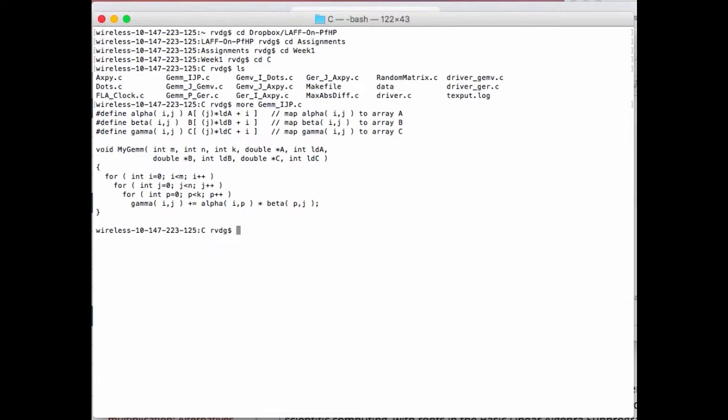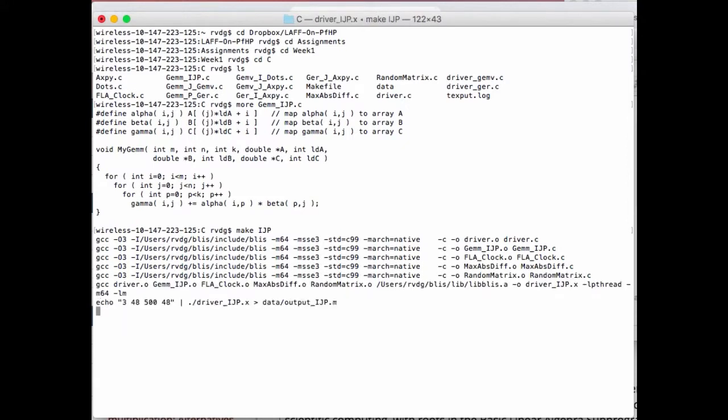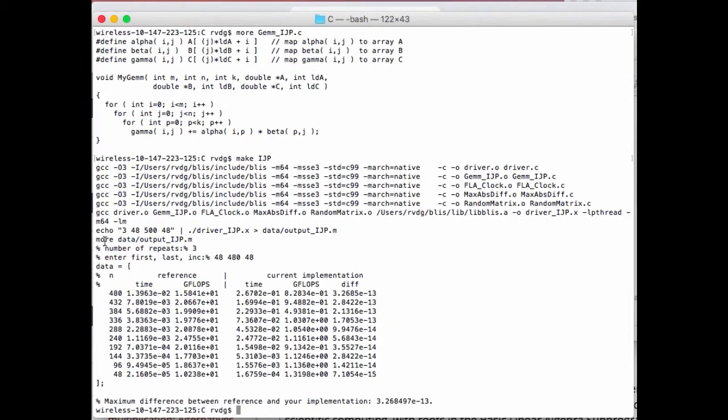Now, to execute this, we use something called a makefile. And for now, all you need to know is that in order to execute it, which means compiling it, linking it, and then executing it with certain data, all you have to do is say make IJP. And notice that it's showing me that it's compiling. Then it's showing that it linked it, and now it's piping some input, that's what they call it in Linux, into the program that was created called driver_ijp.x. The ./ means look for that program in the current directory, and the output is then redirected into a file called data/output_ijp, and then for good measure